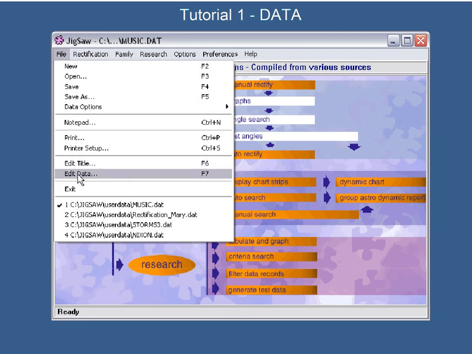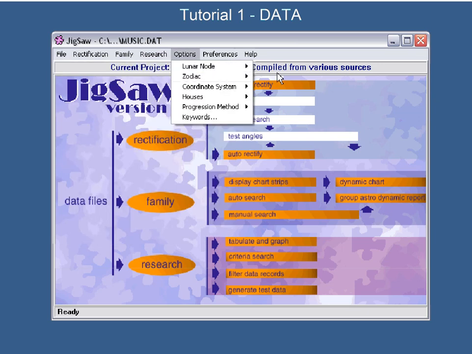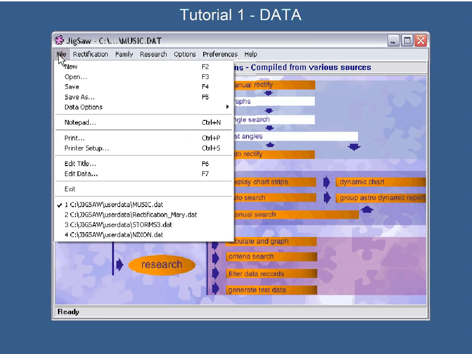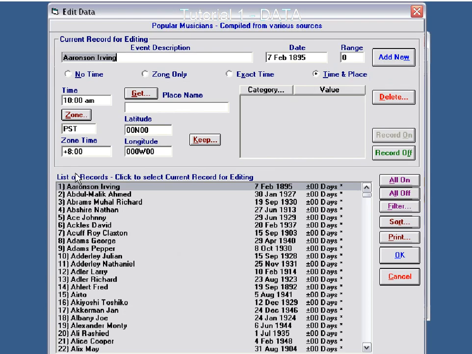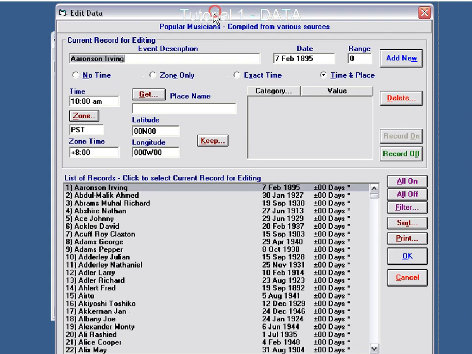And once you've opened data, you see it's written here and here as to what you've actually currently got open, and believe me, when you're working hard with Jigsaw, you sometimes need to check what you've got open because you can suddenly forget and you suddenly get something different happening to what you thought. So you keep an eye on that. And you can actually get in and have a look at your data by simply choosing edit data. And here it actually is. This is also the screen where you actually input data if you're going to key it in by hand.